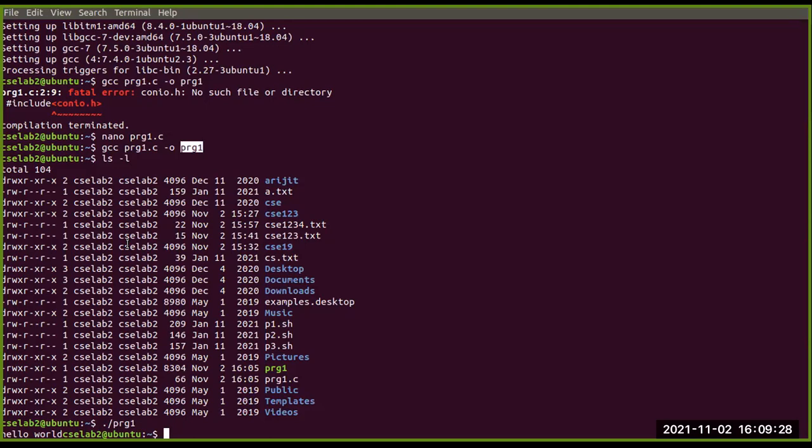So what are the things we have studied today? First, the mkdir command, the change directory command, and how to get back to the previous directory. Then how to use an editor. Two types of editor we have seen today: the nano editor and the vi editor. How we can get into and out of a nano editor, how we can get into and out of a vi editor, then how to run a C programming code, and how to see what files and directories are available in the present directory. These are the things you need to write down in today's lab report after my class ends.